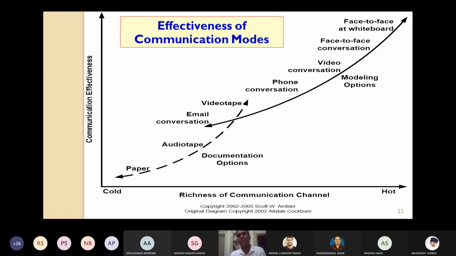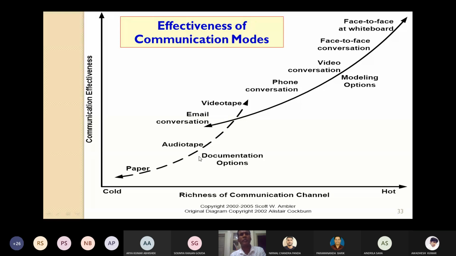So face-to-face communication at whiteboards. These are the communication effectiveness, the richness of the communication channel. In this way, you can see how communication modes are becoming more effective in recent days in Agile software development in comparison to the traditional methods of communication in older software development models, such as